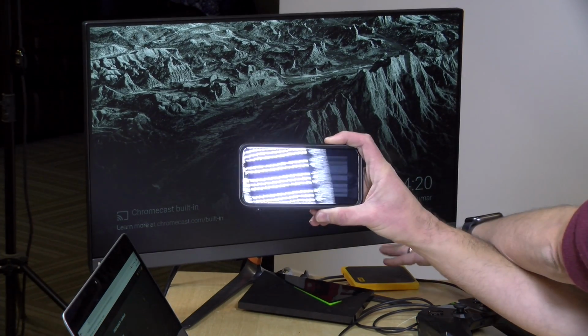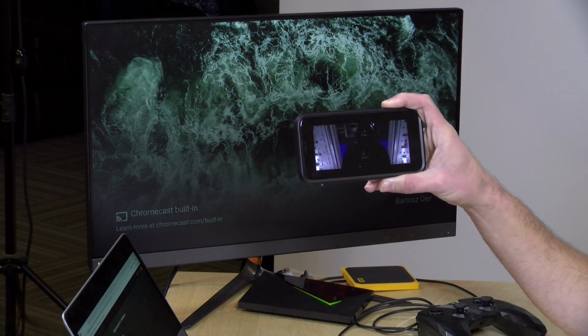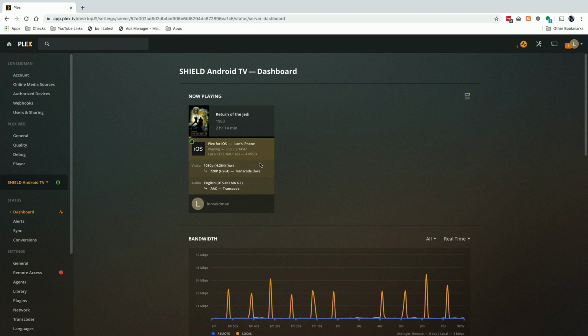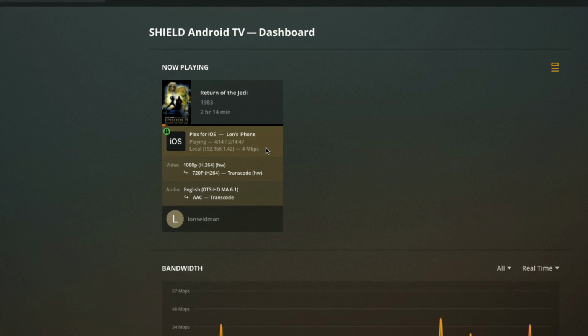All right, after all of that, we are finally up and running here. So we've got media and databases stored on the external drive. The Nvidia Shield here is acting as the server. My phone is playing back this file successfully, and we're also taking advantage of the fact that the Nvidia Shield supports Plex hardware transcoding. I believe it's the only ARM-based device that does. And as you can see here, we're going from 1080p to 720p. That HW means the hardware transcoder is working. And we're taking this big Blu-ray MKV file and shrinking it down to 4 megabits per second to the phone,